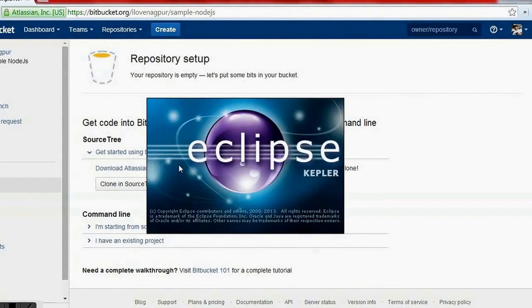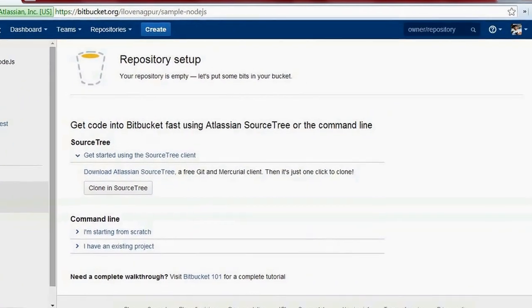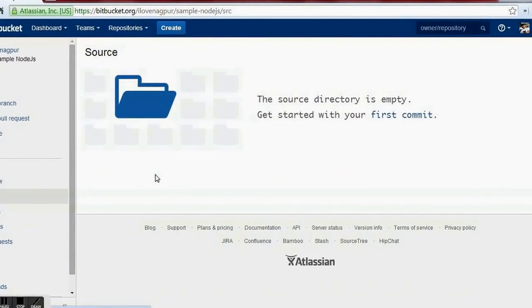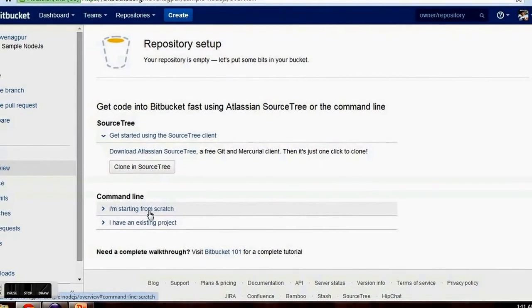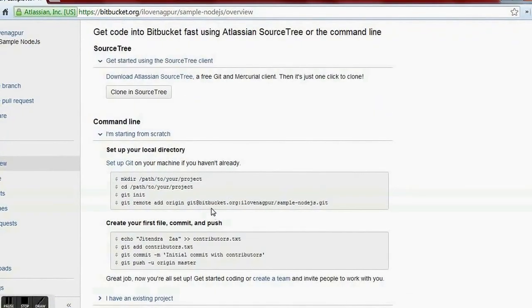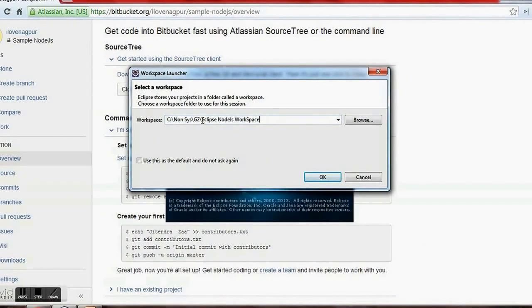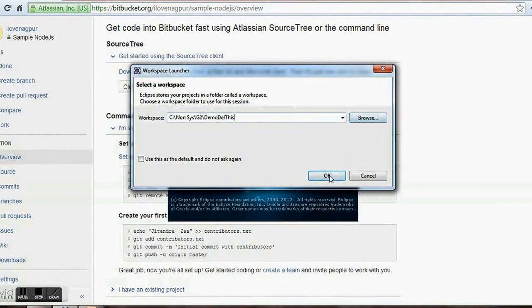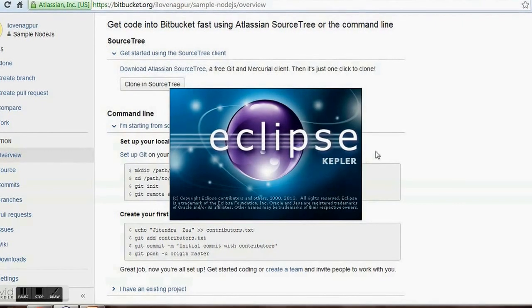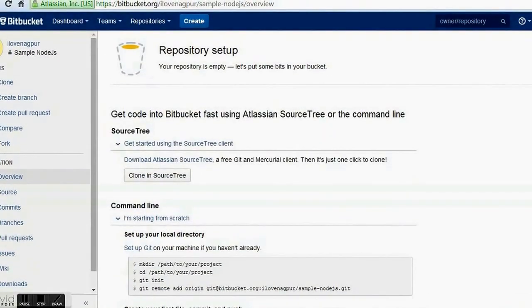So now I'm trying to open Eclipse. If we go to the source section, we see there is no commit yet, so I will click on the first commit and try to get the URL of this Bitbucket repository. Let me select any temporary workspace for this demo purpose. In the meantime, while Eclipse is being loaded, I will go to my manage account profile,